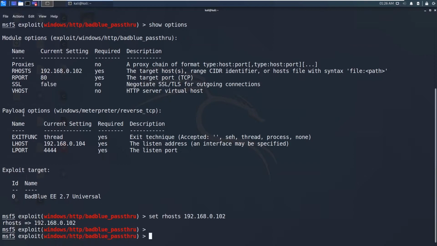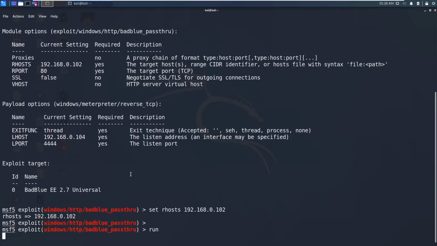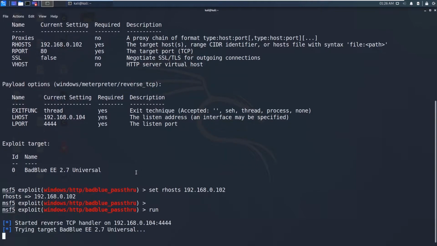So now we can set the payload which we want, but I will be showing Meterpreter in the next video. All you have to do is just run this module, and that's it. You will get the shell back to us.